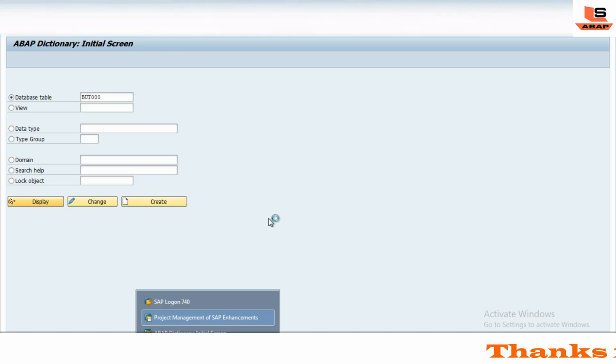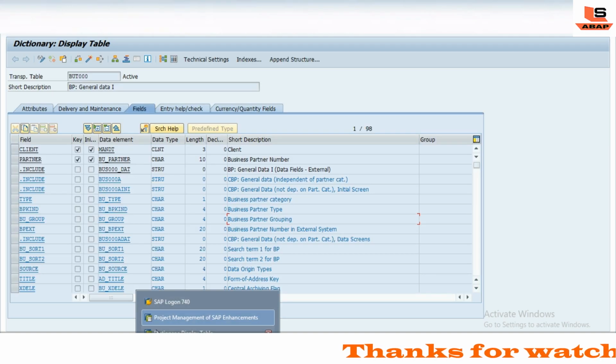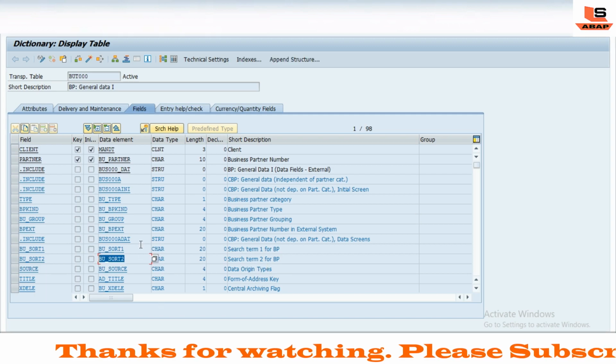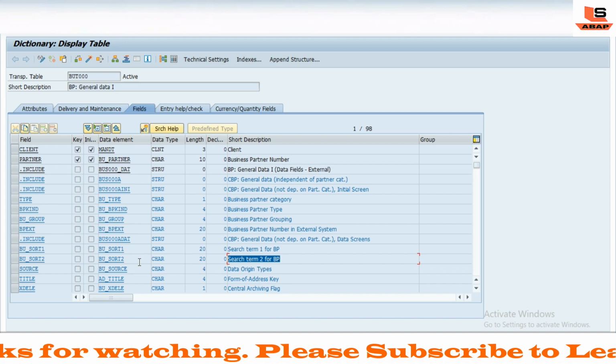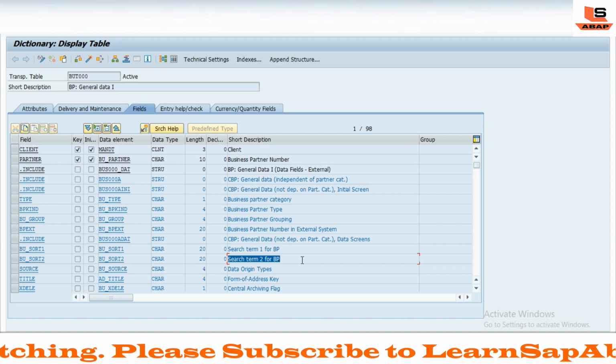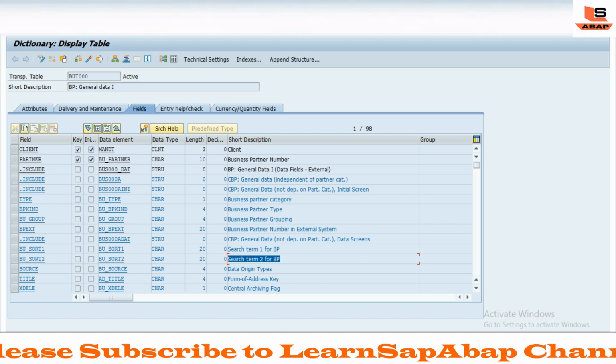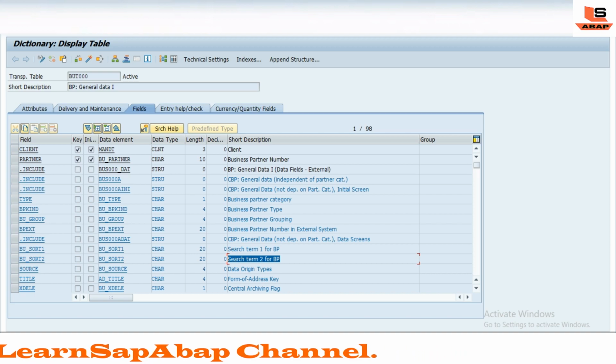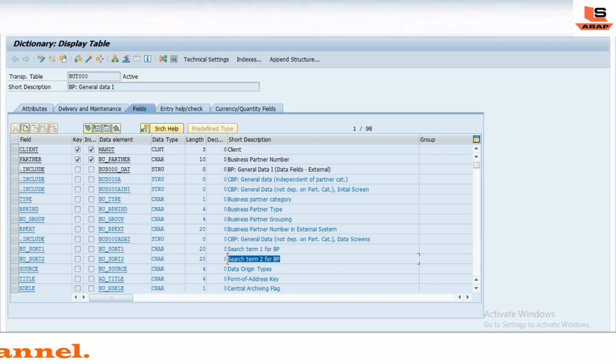We will display. Now you can see here the description of the data element is search term 2. So today we have seen two different things: how to add a value range to the standard domain, and how to change the description of a standard data element.